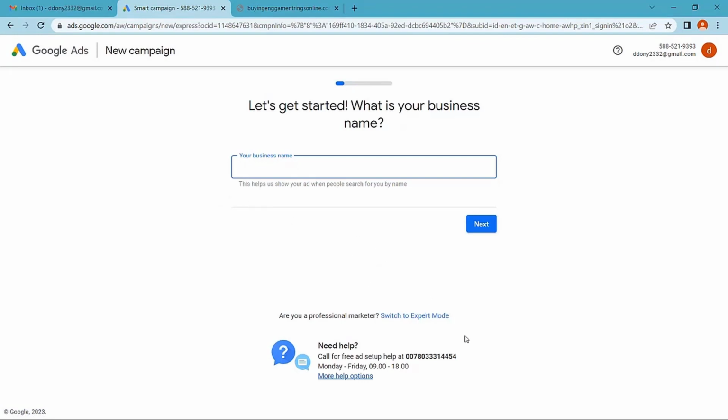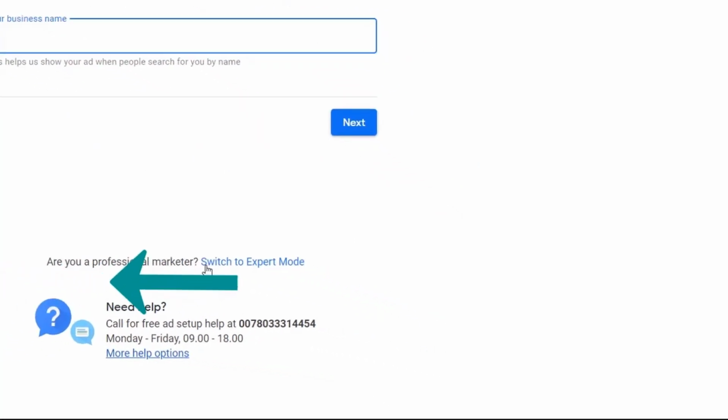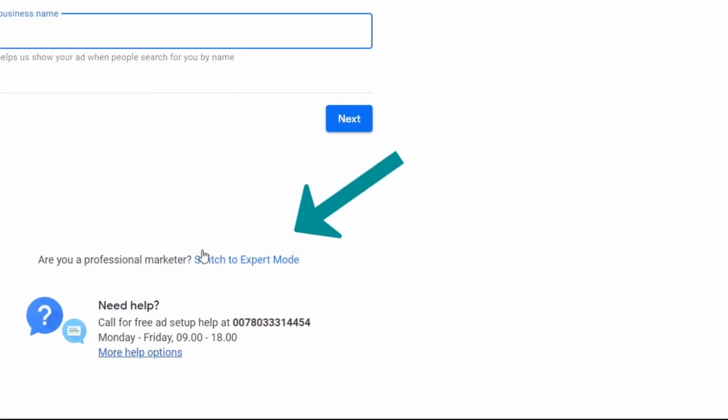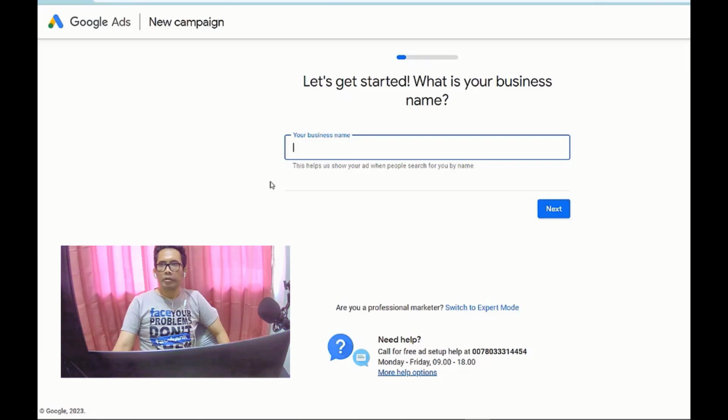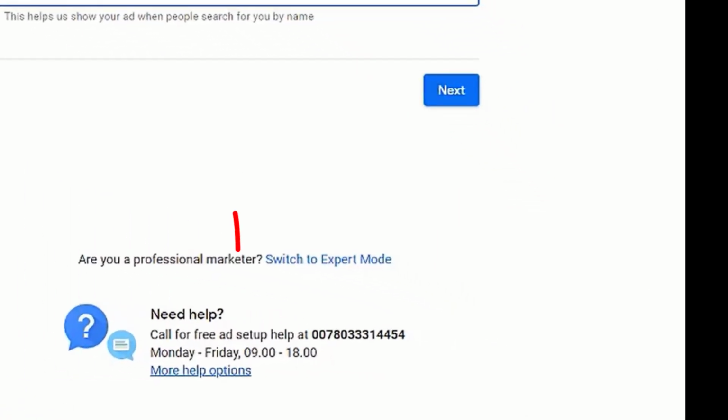First, we are going to click on switch to expert mode. After you see this screen on your Chrome, click to switch to expert mode. Click here. By choosing switch to expert mode in a Google Ads campaign, you can access advanced features and customization options that are not available in the standard mode.